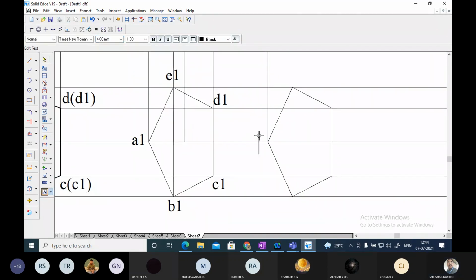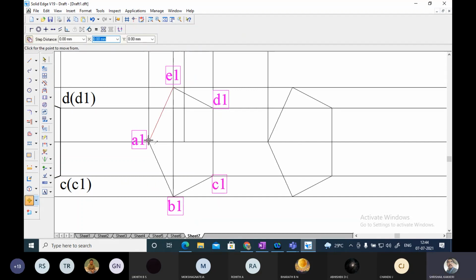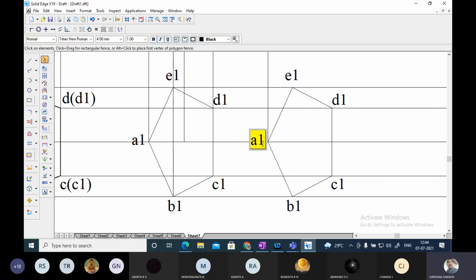Or simply you can copy this. Copy from one point, locate here. Okay, I will locate it.